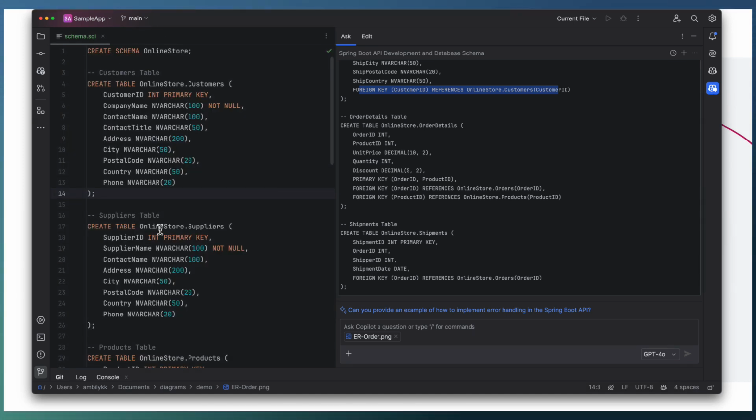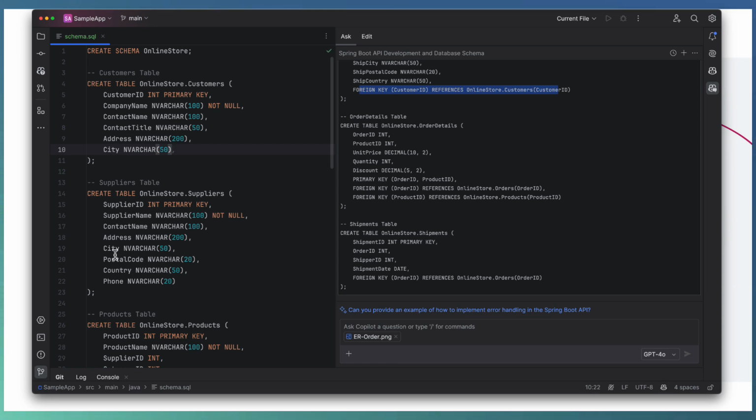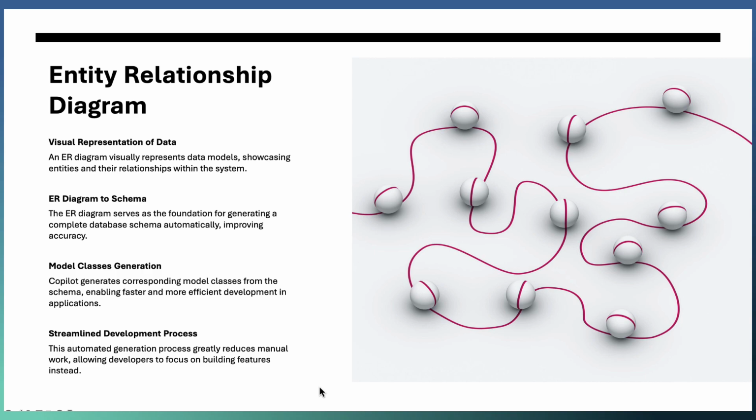So we have the schema here. Let me quickly modify some of the things for a later demo purpose. I just modified customers and suppliers. A few fields are removed. That's a simple modification I have done. Later we'll look into this schema. Going back to our deck and to the next demo.